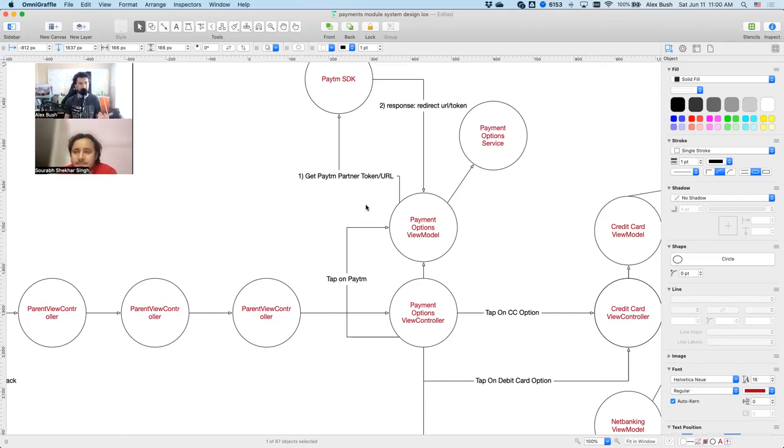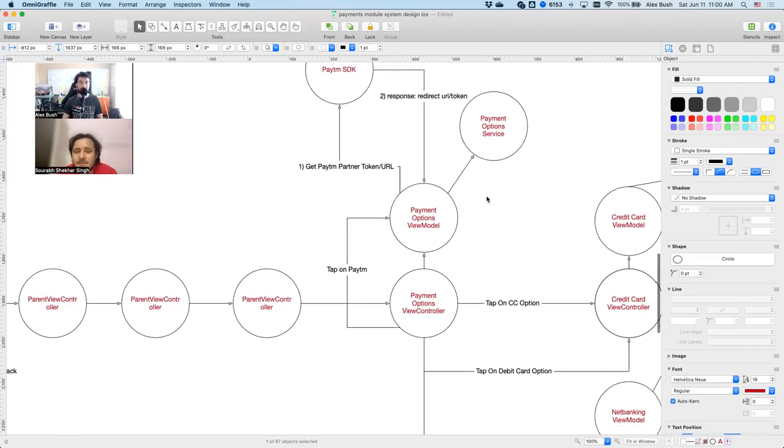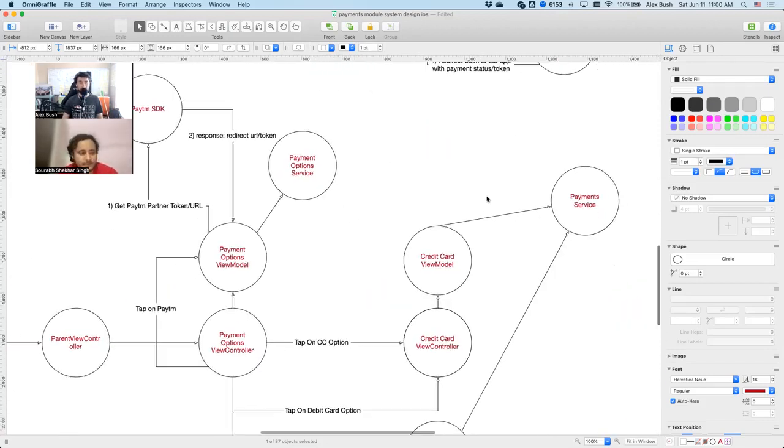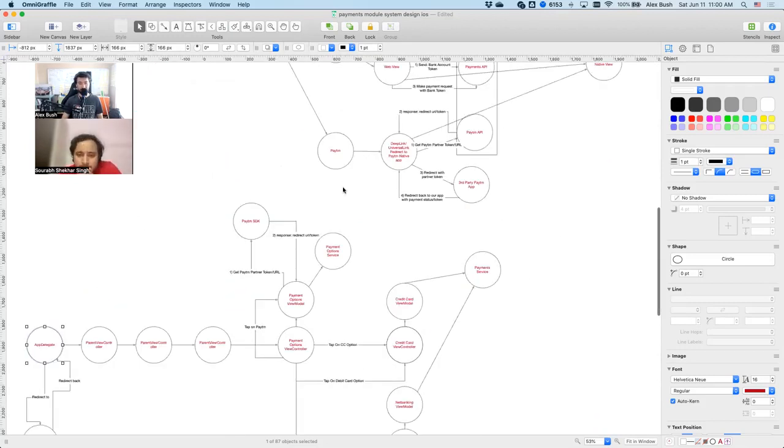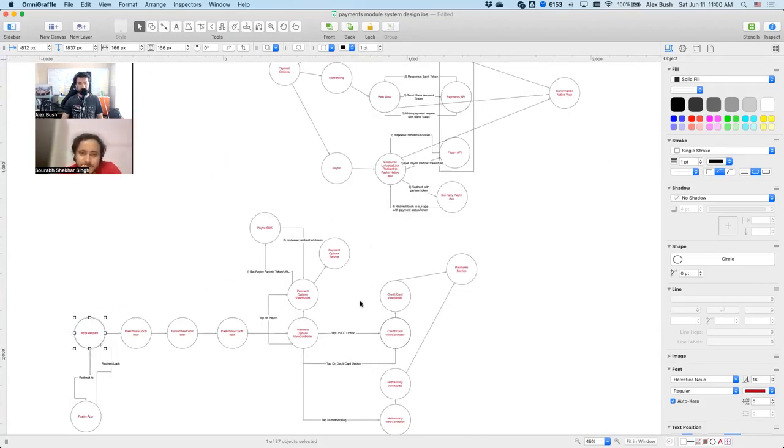The end result is the same, but it still would be better than key value observation because it's less error prone and can be unit tested easily, I guess. But yeah, I mean, overall, I think this is it if we're choosing MVVM. Now,